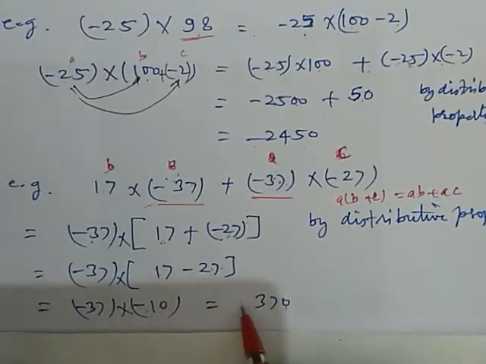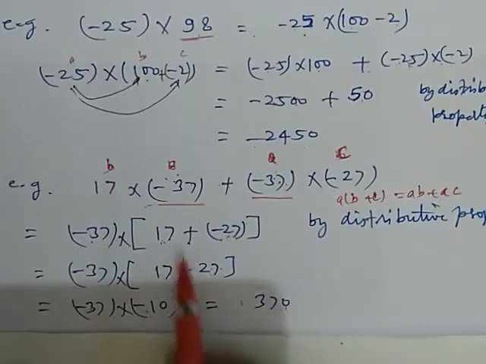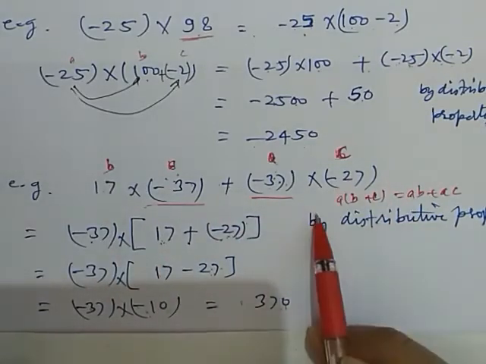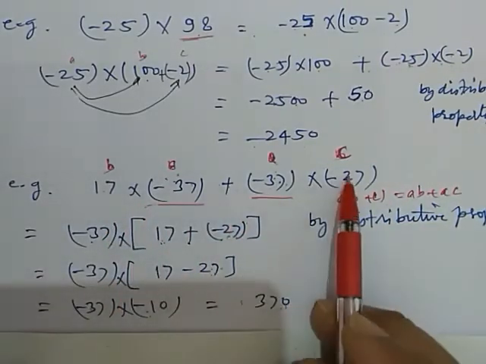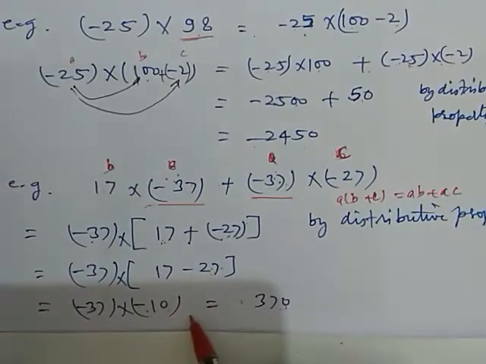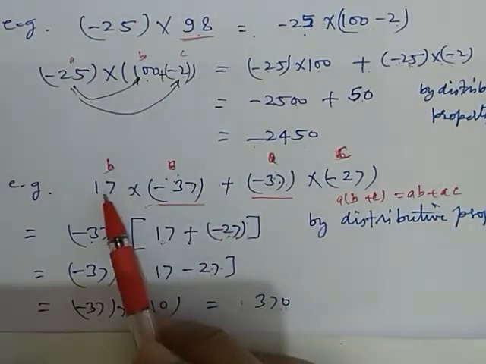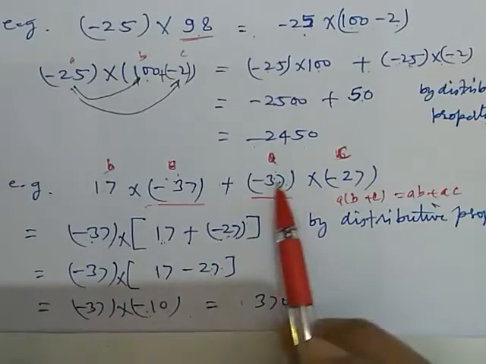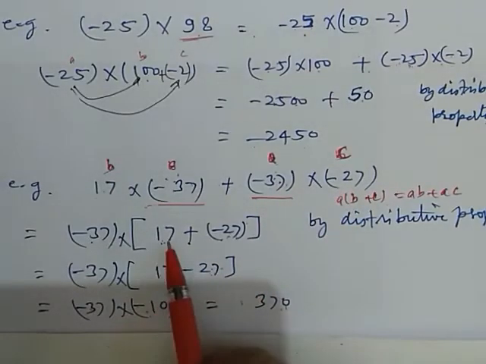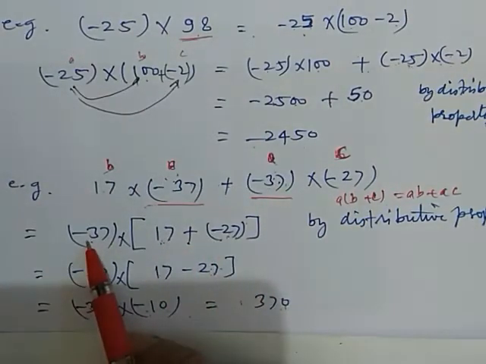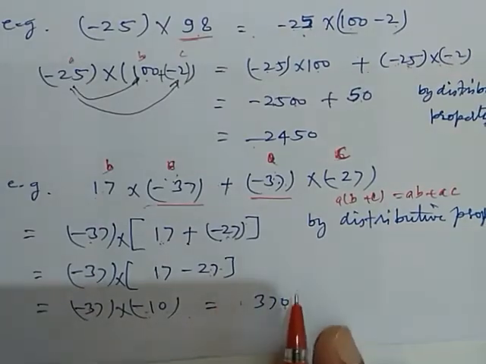This minus into minus plus, and 37 into 10, 370. So this is our result. By this way, by using the converse, we convert them into this form. This way, here we multiply two times. Now here one time we add and then one time we multiply. So this is easier. Okay.